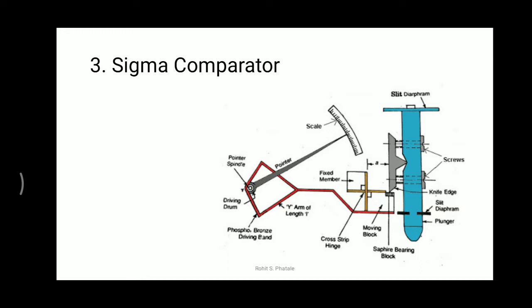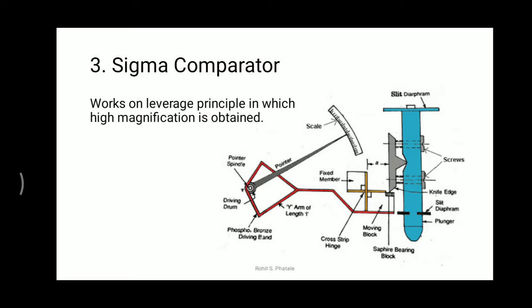Any type of comparator is used in order to compare the standard readings and the actual readings. With the help of these comparators, what are the applications? It works on the leverage principle in which high magnification is obtained. If you give a very small input, it will give a very large output.